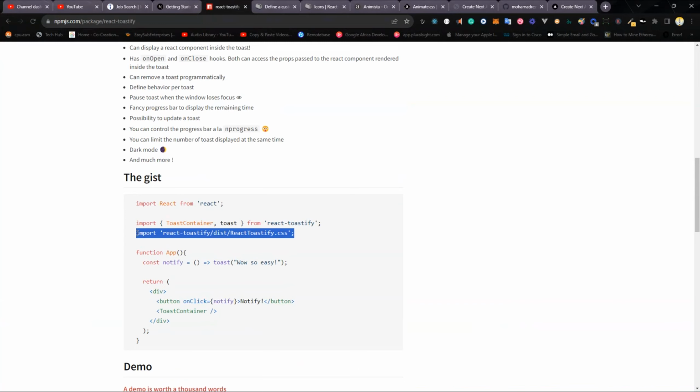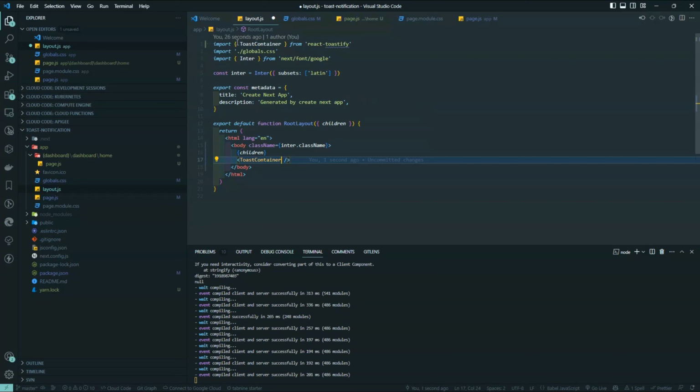If you are doing this, you will have to put it inside a client component, because this toast container is a client component itself. It runs on the client, not on the server. And our layout is not a client component. So I think the best thing we can do is create a